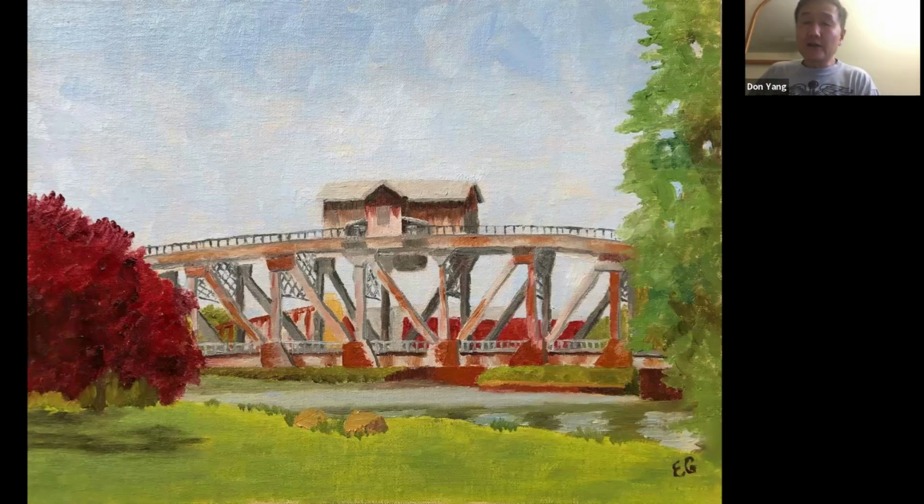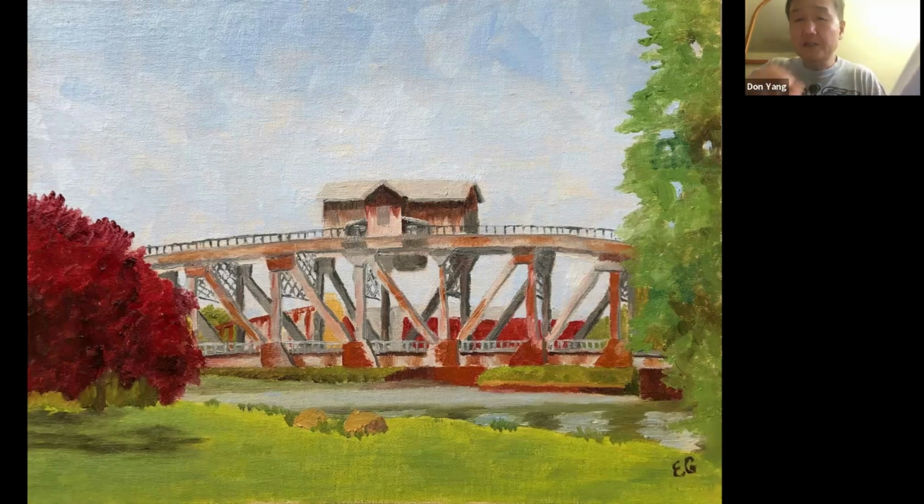I really like the sense of color and temperature variation in the sky, much bluer above and a much warmer temperature to it. So instead of one single blue, that gives a good sense of temperature, which to me is so much of what plein air painting is about, as opposed to photo reference painting. It gives a sense of the warmth of the warm day that we were there. So I really like that. And the negative space, the wide, vast openness of the sky, that worked out very nicely too.